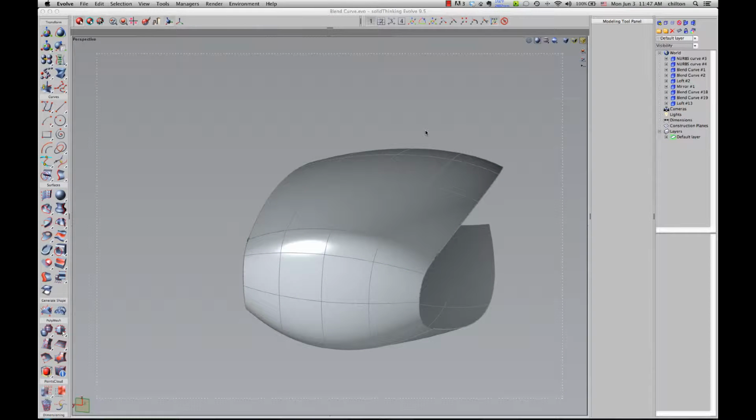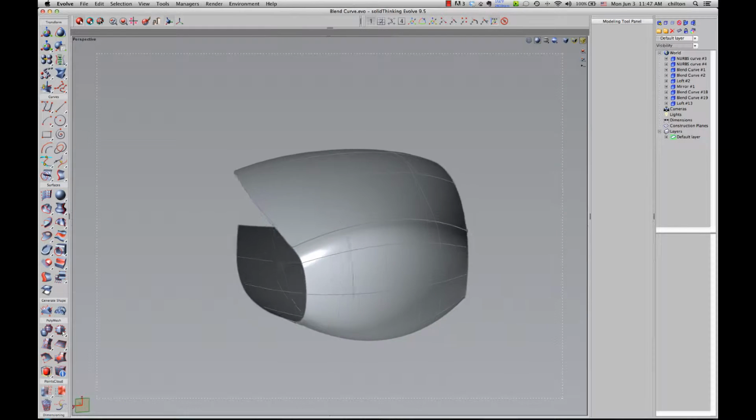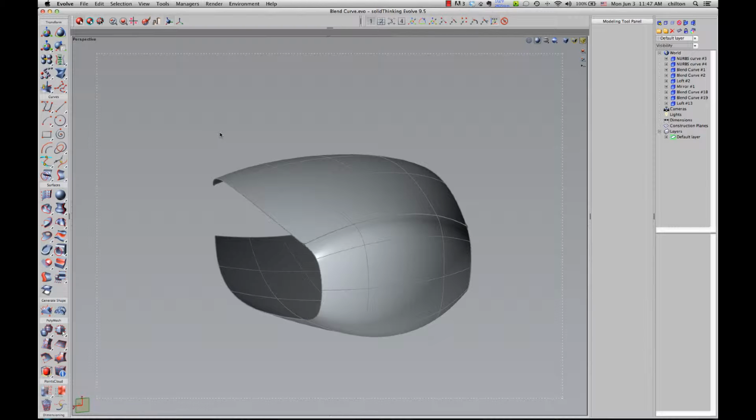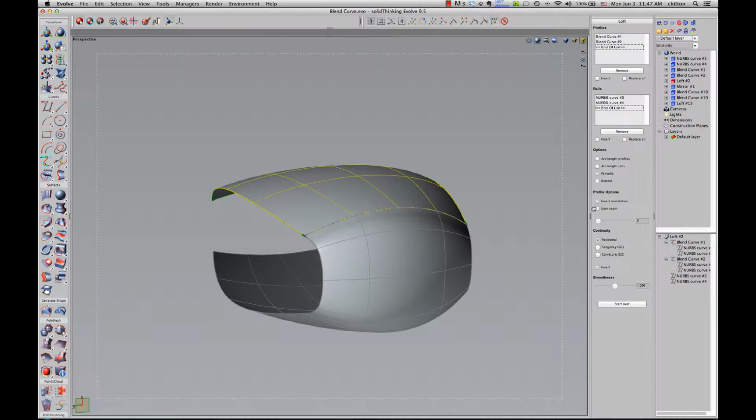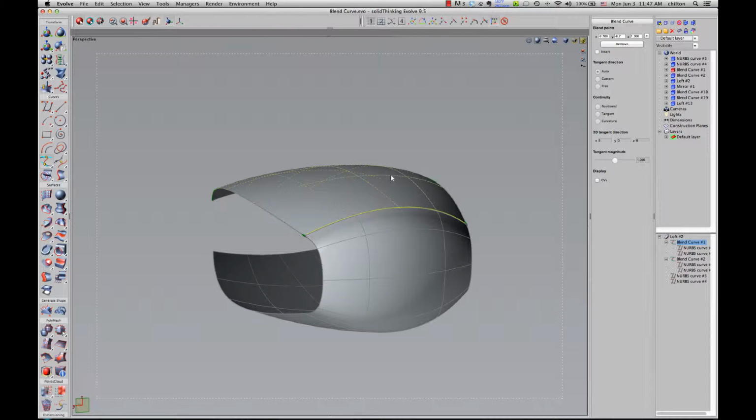Solid Thinking Evolve has a very unique construction history, which allows you to combine the power of creating very organic NURB surface models with the ability to change your mind at any point along the design process to update and edit your models. So looking at this example, I can choose any part of the model, whether it's a curve